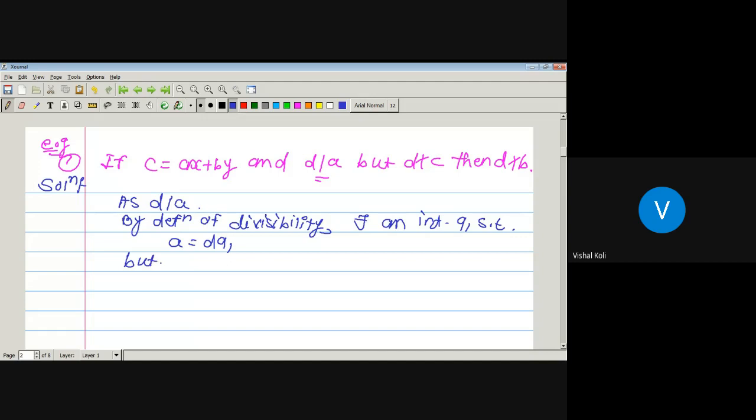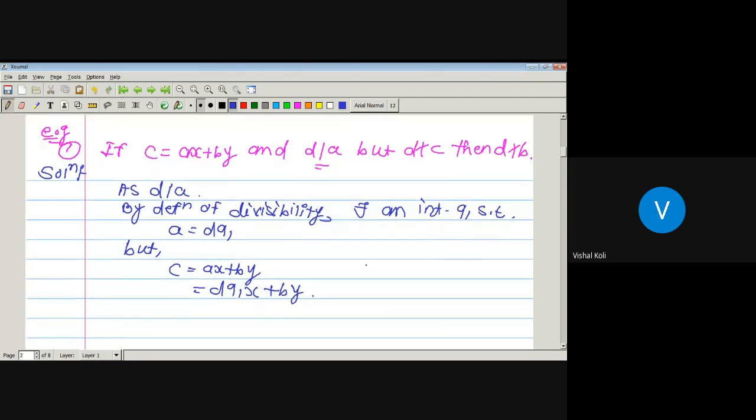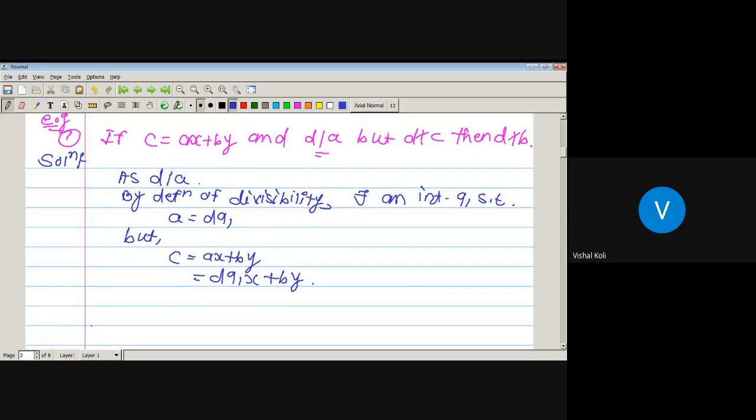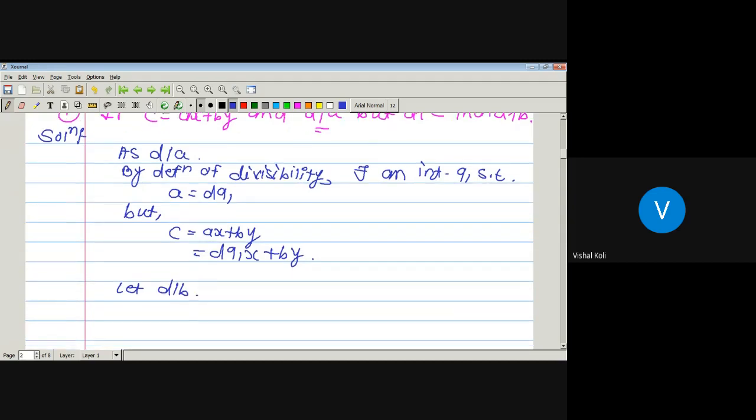But c is nothing but ax plus by. Here we get the value of a as d into q1, so put that value, d into q1 x as it is, plus by. Now we have to prove that d does not divide b. For proving this, we will assume d divides b. So let d divide b. Then again there exists another integer q2 such that b is